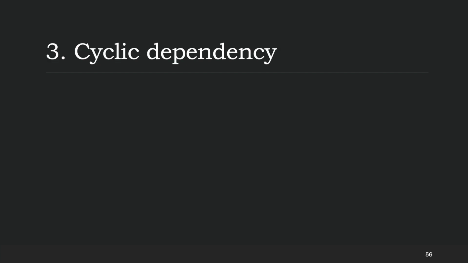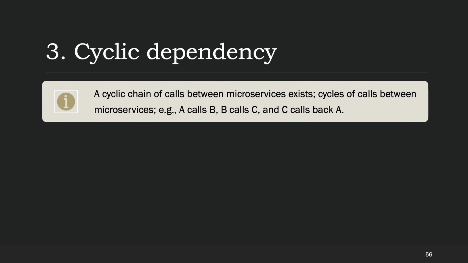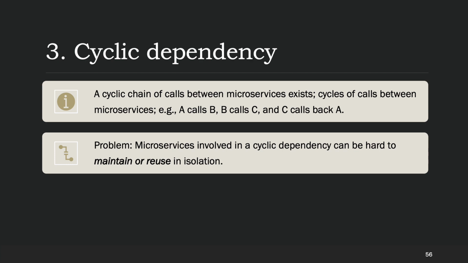The third most common bad smell is having cyclic dependencies between services. This means that there are cycles, so logic of service A that calls service B, which then calls service C, which in the end calls service A again. Having the cycles present means that when updating one service, for example, service A, the others must also be checked for compatibility with the new changes that we just made to service A. Obviously, this also decreases the maintainability of the system.